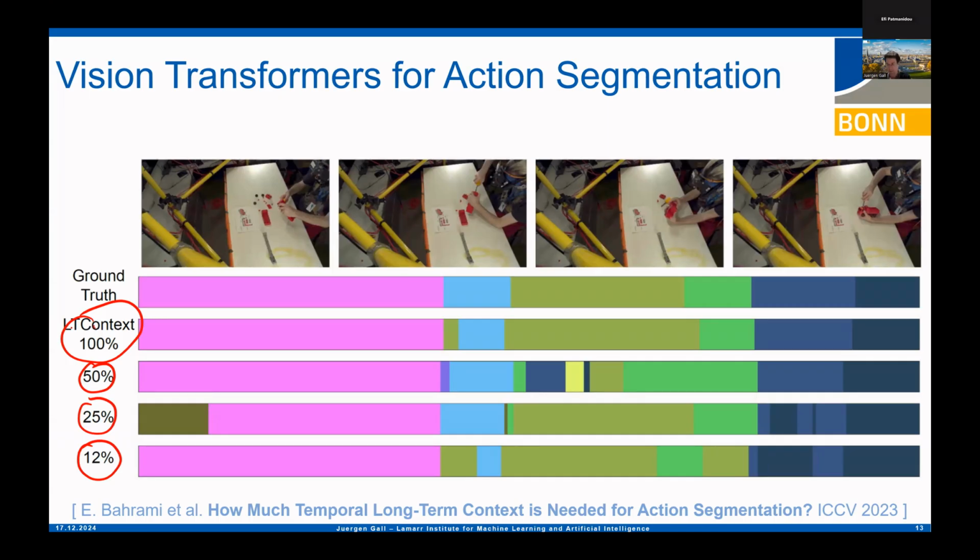If you look at the qualitative results, you probably recognize that with this 100% context, you get much closer to the ground truth prediction if you compare the colors of the bars. So in a nutshell, as in language, in video processing the larger the context it takes, the more accurate your prediction will be. This is one of the results we have shown, which is not surprising, but now I want to come back to how we can compute the entire context if you have a very long video.